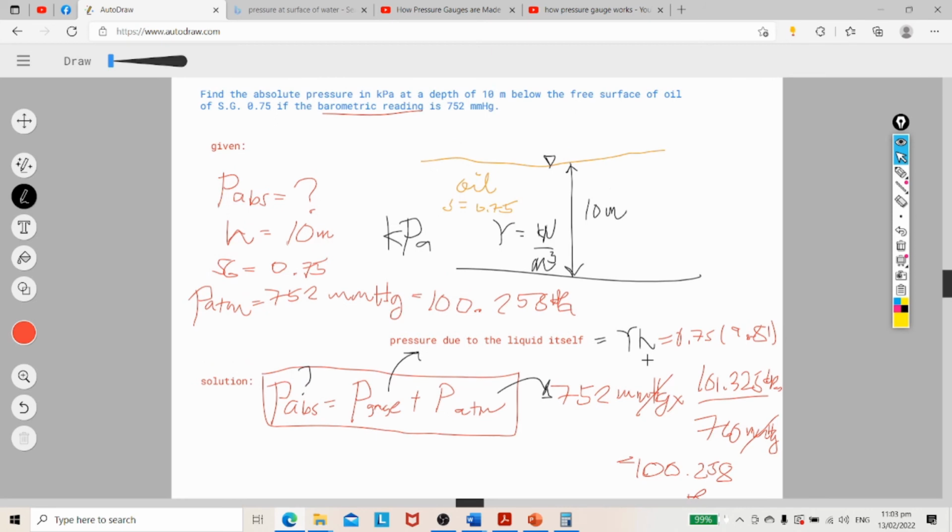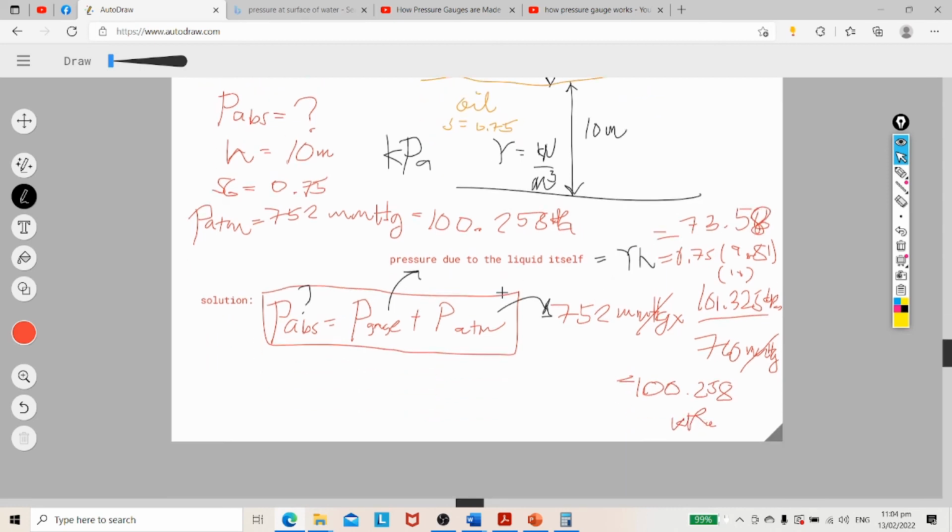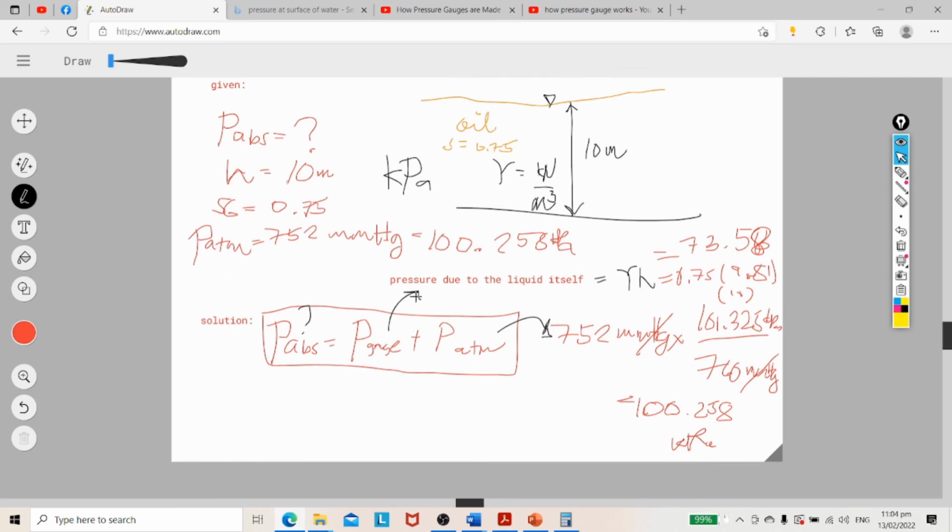So, ano pang kulang? Gamma pa lang to. Ano yung height? So, 10 meters is equal to 0.75 by 9.81 by 10. So, 73.575 or 58. Pwede na yan. Okay, so meron na tayong pressure due to the liquid itself, P gauge, 73.58 kilopascal, tapos atmospheric